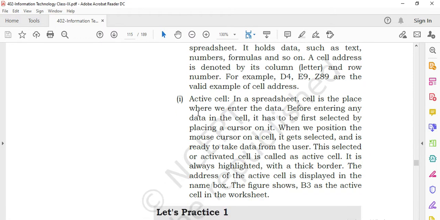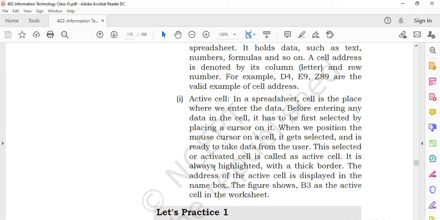Now, active cell. In a spreadsheet, a cell is a place where we enter the data. Before entering data in the cell, it has to be first selected by pressing the cursor on it. When we position the mouse or a cursor on the cell, it gets selected and is ready to take the data from the user.